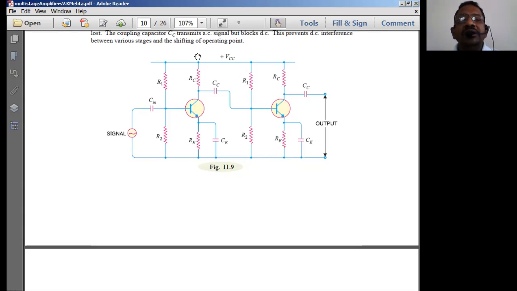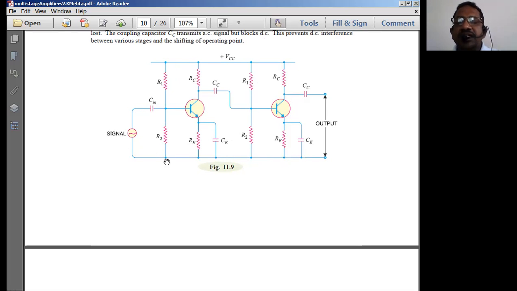Therefore, there is an impedance mismatch between the output of the amplifier and the input of the next amplifier. If the resistance at the output stage of the amplifier is equal to the resistance at the input stage of the next amplifier, then only the maximum power is going to get transferred from the first stage to the second stage. So because of the mismatch in impedance, maximum power transfer could not take place in the case of the RC coupled amplifier. That is one problem. The next problem is usually